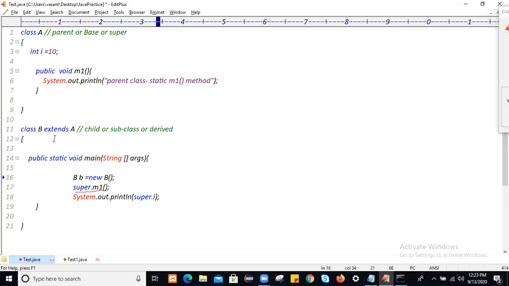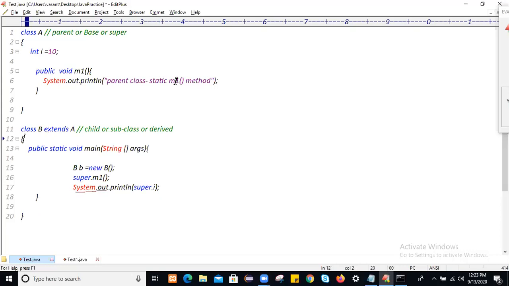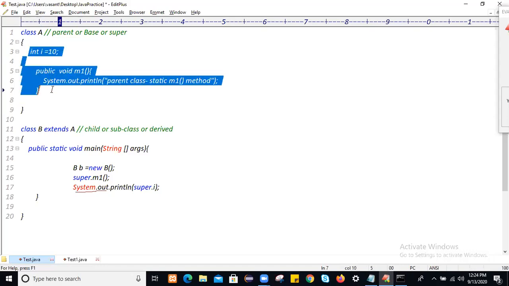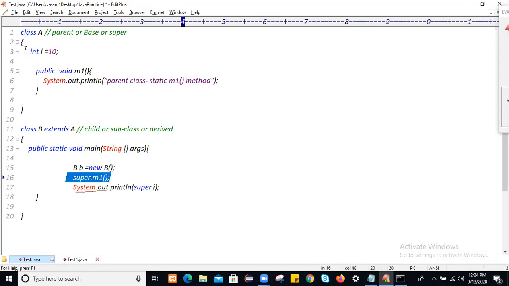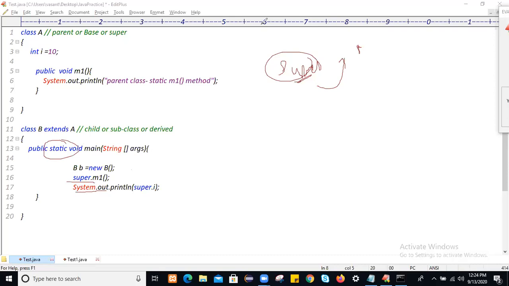So you see guys, can we use the super keyword inside the static area to access instance members of the parent class? No, we can't use it. Actually, super is an instance member of the class, which represents all the properties of the parent class. That is why you can't use the super keyword directly inside a static context. If you try to use super directly in a static context, you will get a compilation error.